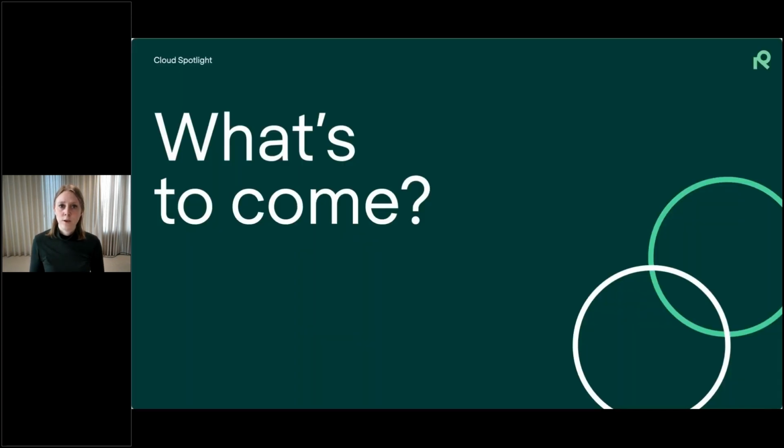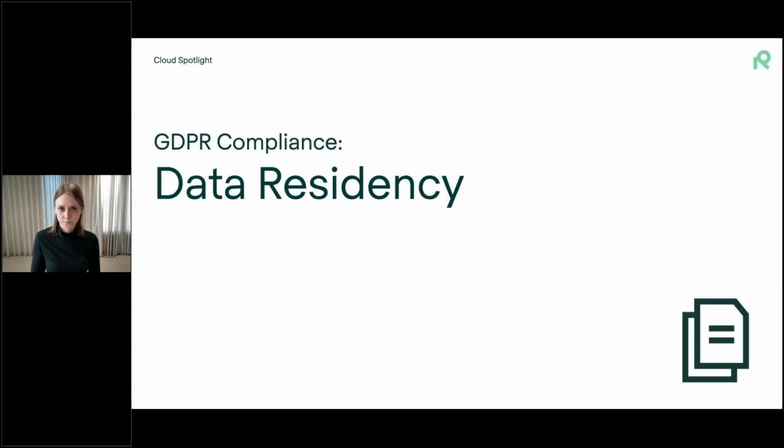So now we have covered 3 new features that you can leverage for your sites, and it's time to move from what we have launched in the past year to something that we have been working on for quite some time, which is soon ready to be launched to customers. Currently, for both refined for Confluence and Jira Cloud, data is stored and processed on a server in the US. As customers are moving to cloud, there has been an increasing demand for having data on different geographical locations, and